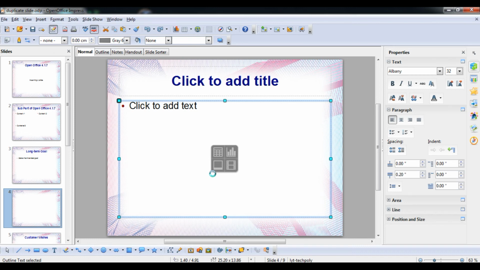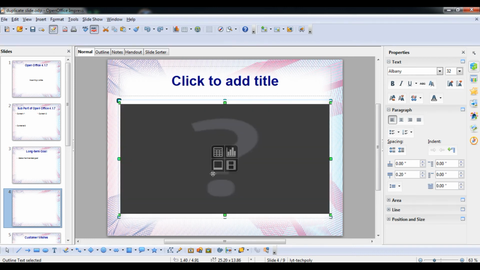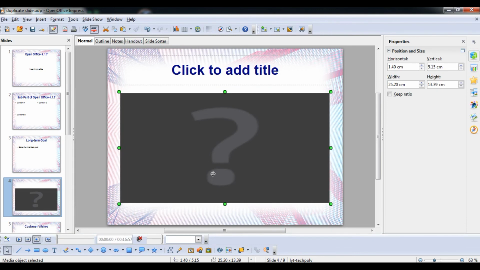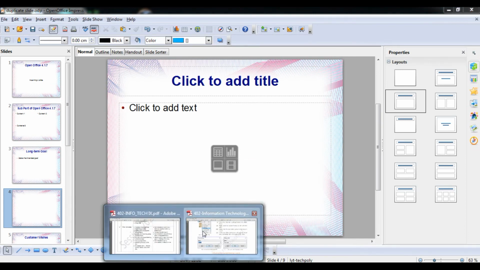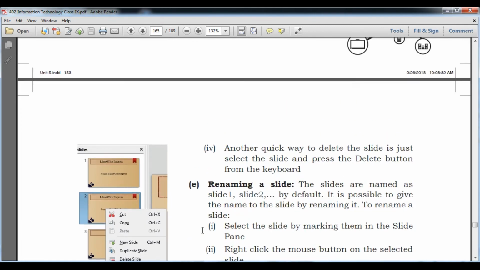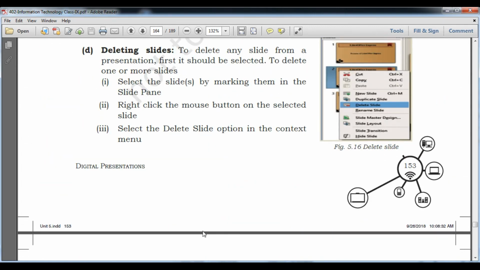That's why you can insert the video with the help of this link. It will definitely take some time. Now you can see, student, this question mark means it will not play in this mode. It will play definitely in slideshow view only, because this is only the design view. I am going to delete it.